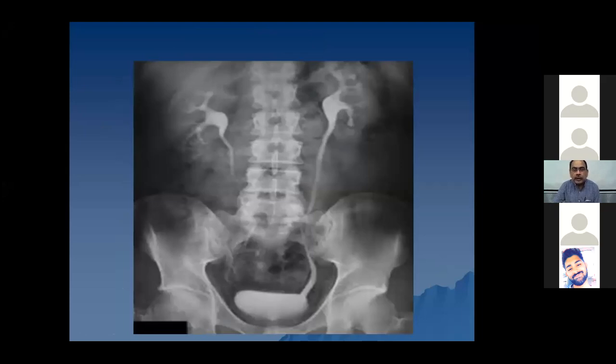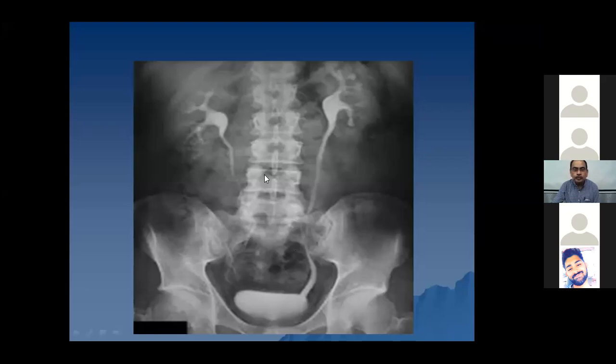Here you can see an example of the contrast that is outlining the pelvicalyceal system, the ureters, as well as the urinary bladder. It is an IVP examination, intravenous pyelogram. The contrast has been given intravenously, and it has been excreted through the kidneys into the pelvicalyceal system and the bladder. And you can see the delineation of the pelvicalyceal system,